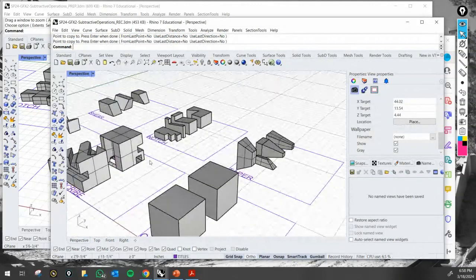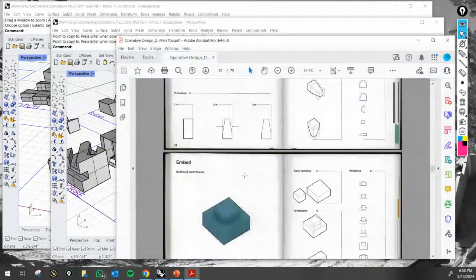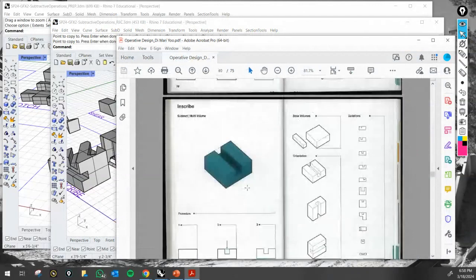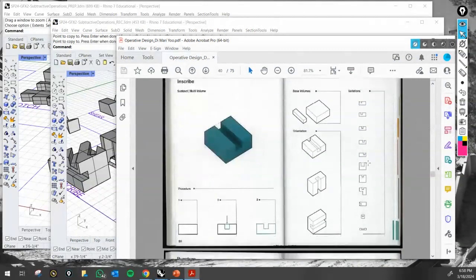So inscribe, the way that I differentiate them is that it's on the surface, and I kind of got carried away in the inscribe, and I combined the inscribe and the carving. But you see how in the inscribe, the way that I differentiate them is the